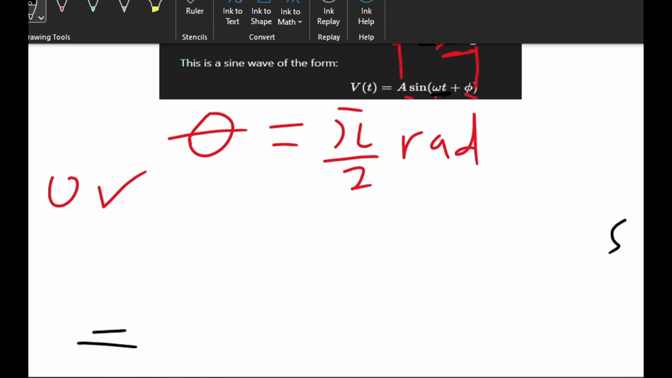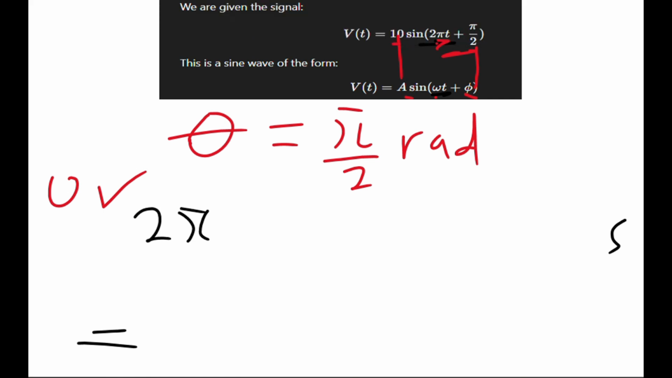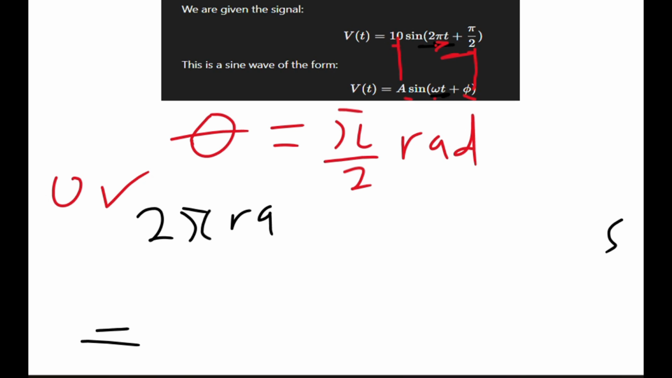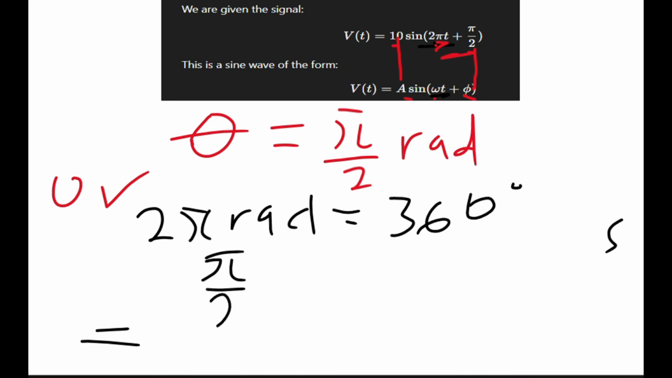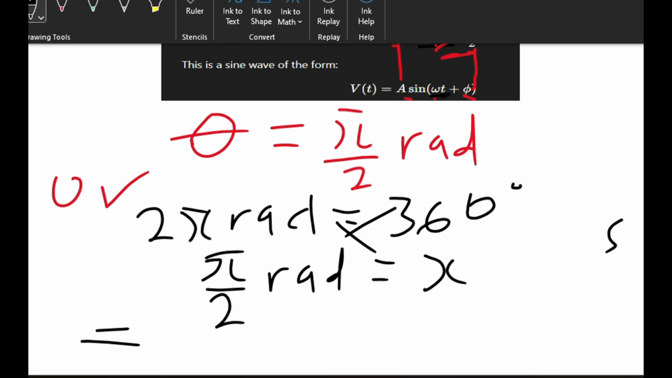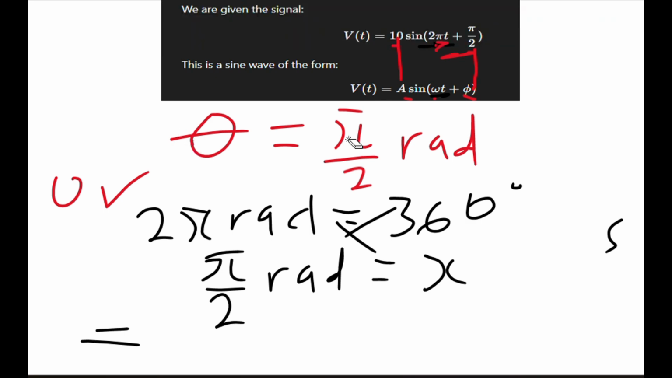So conventionally we know that 2 pi rad is equal to 360 degrees, right? And then we are supposed to find pi over 2 rad. So simply we can say that pi over 2 rad is equal to x, because we don't know the degrees. Now we are going to look for x, and then our x is going to be the conversion. So we cross multiply the two equations, and then we are going to get,